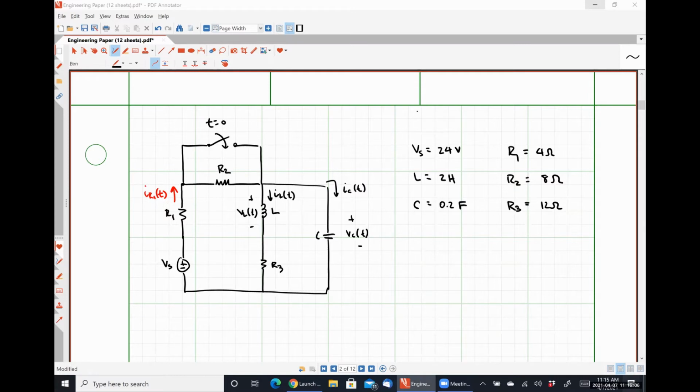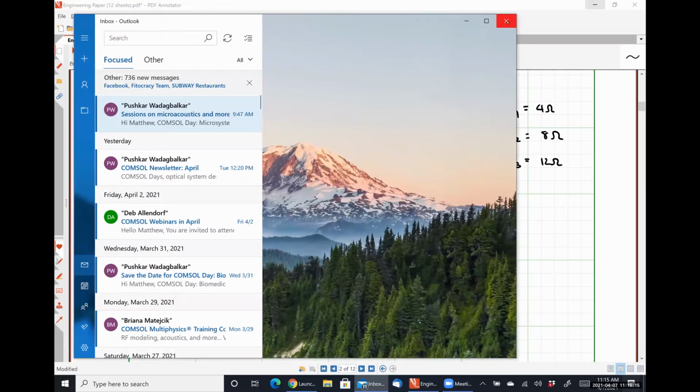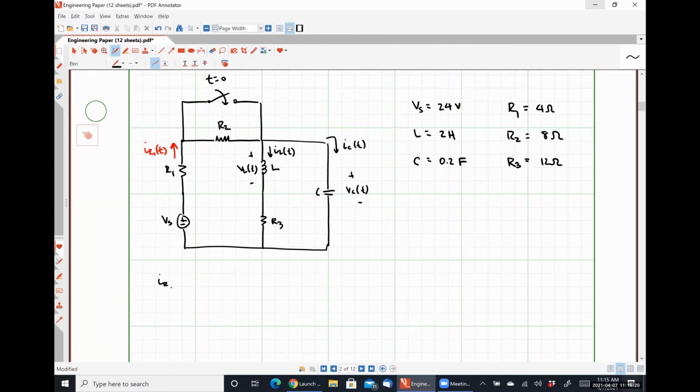So I can say that IR1 of t is equal to IL of t plus IC of t, right? Just using good old Kirchhoff's current law. I can also use Ohm's law, and I could say that IR1 of t is equal to Vs minus Vc